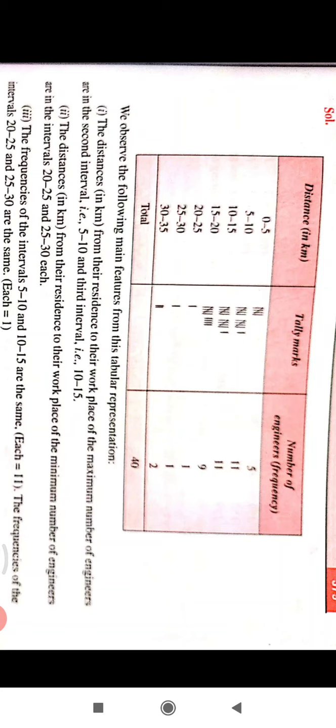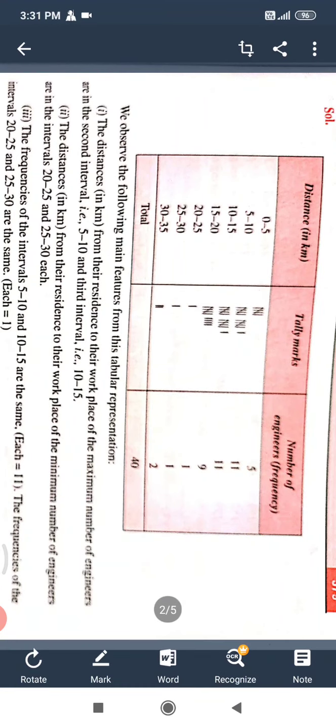Now 15 to 20. We know that the numbers between 15 to 20 means 15, 16, 17, 18, 19, not included 20. Calculate from the given numbers in your question. You will tell me 9. And how to represent 9? 5 plus 4. So make a group of 5 tally marks, 4 standing lines, 1 slanting line, and 4 standing lines extra, that is 5 plus 4, 9.